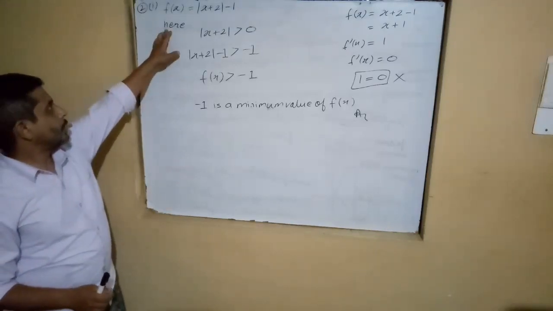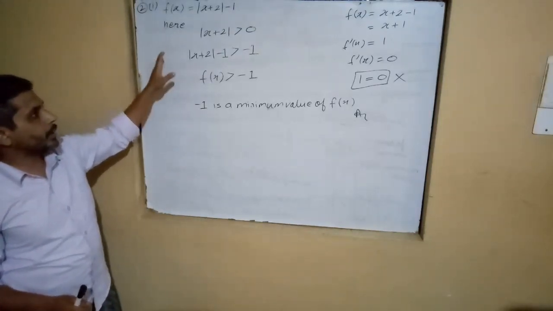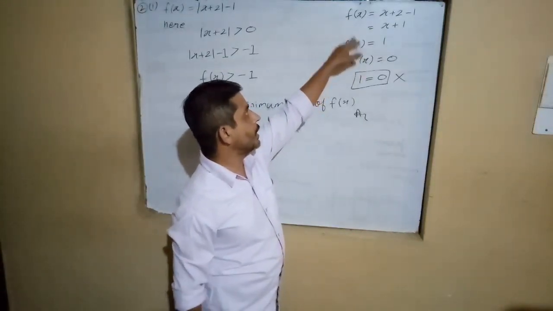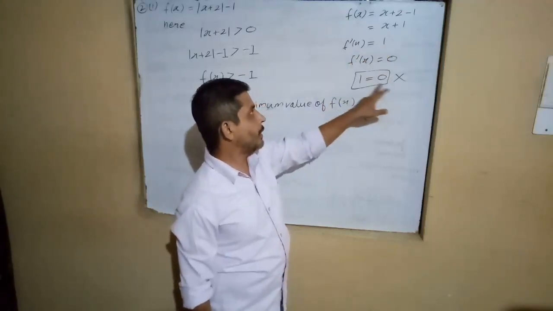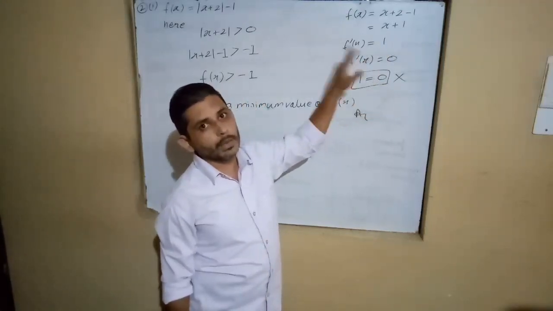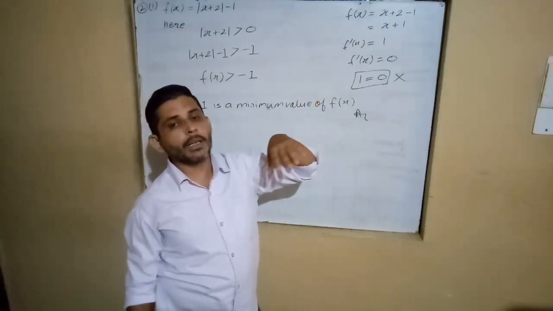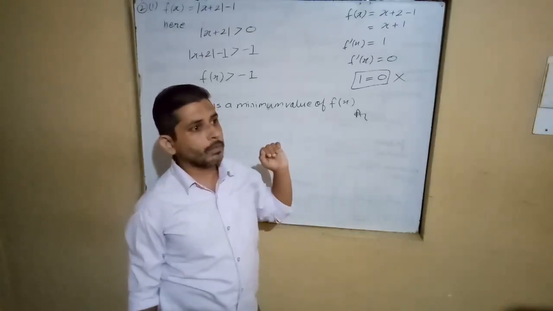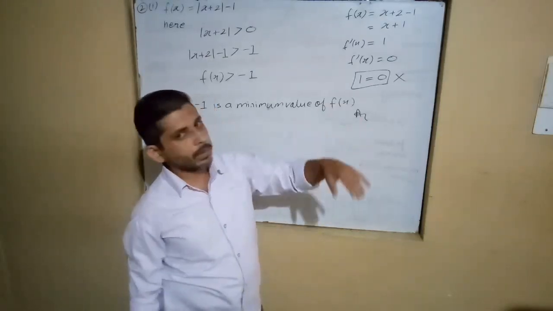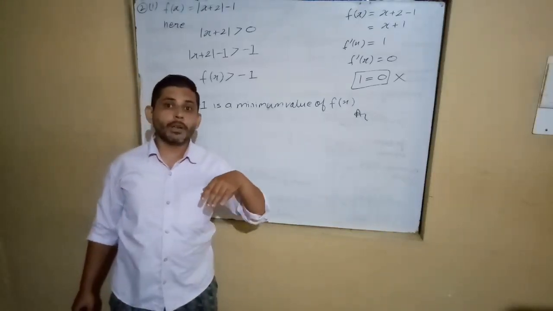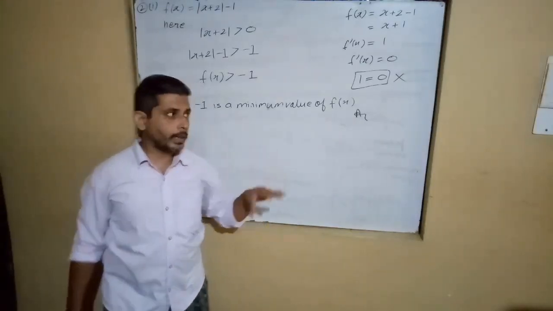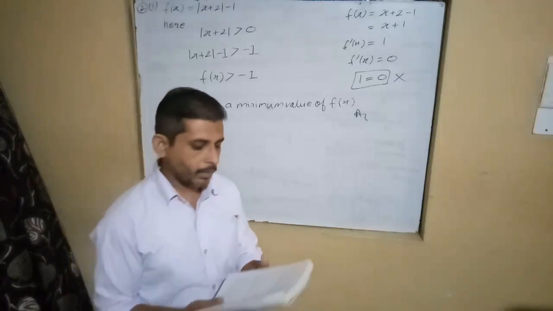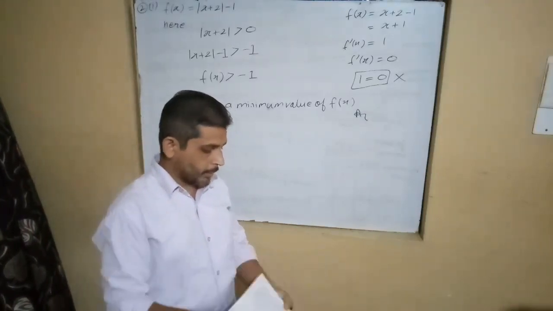This is clear. So why do we not apply the first or second derivative test here? Because after we apply the first derivative test, meaning after differentiation of the given function, it gives 1, and 1 can't be equal to 0. It means in the derivative test we are not finding any critical point, and without a critical point we can't say whether it is a point of maxima or minima, and what the function's maximum or minimum value is. That's why we apply this trick here. Clear? So the rest of question second you solve in the same manner.